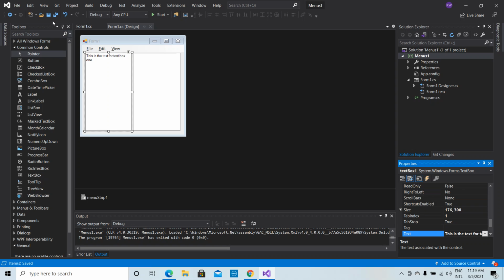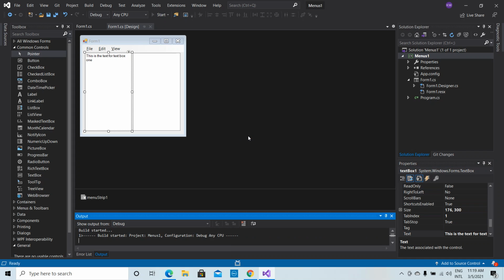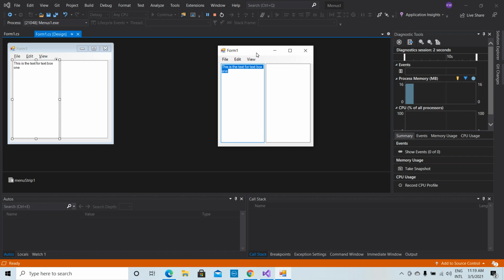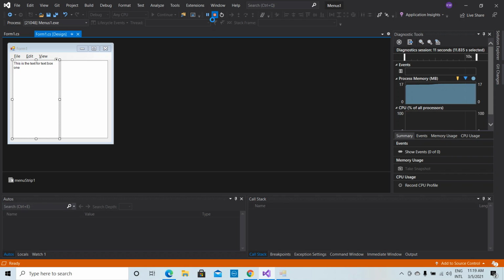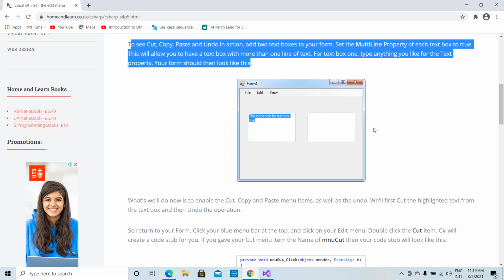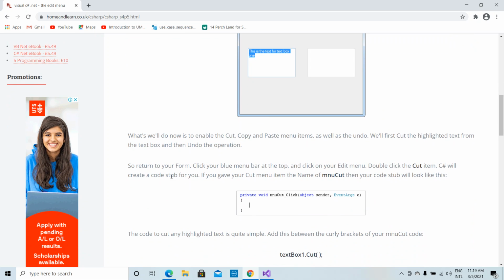Okay, now let's run this. Now you can see the application we have developed. Okay, okay, now